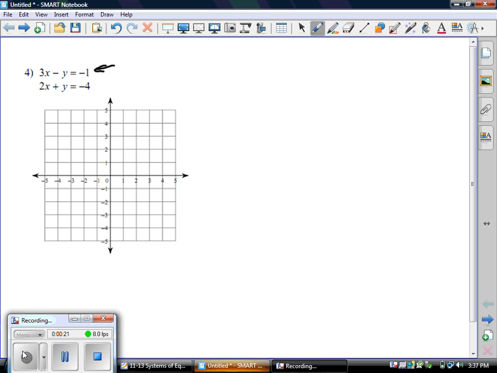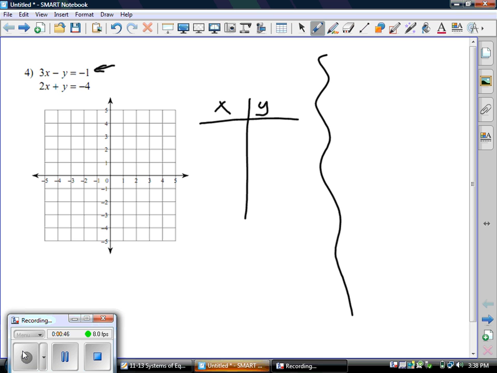Find out the graph. Kinda. We need to find solutions. Do you know what I mean when I say find solutions? We need to find numbers for x and y that make each equation true. Like for the first one, I need a number for x and a number for y to make this whole